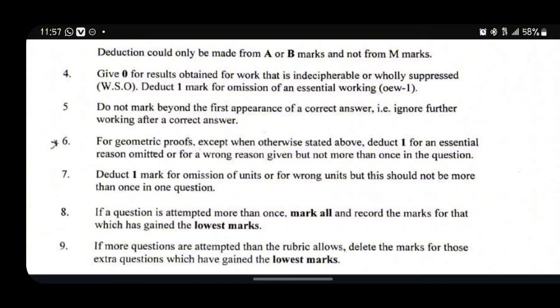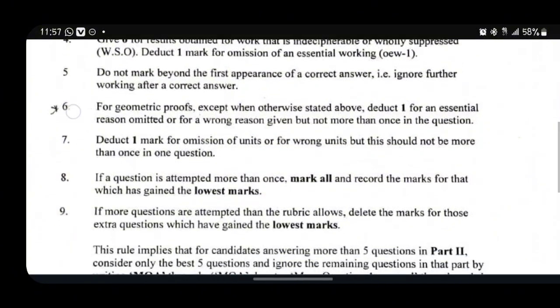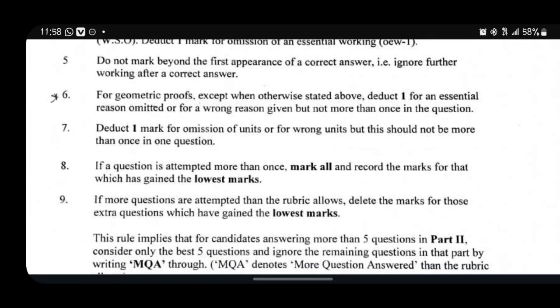Now also, let's look at number 6. The number 5 concerns the examiner more. So number 6, for geometric proofs, except when otherwise stated above, deduct 1 for an essential reason omitted. You remember that in geometric proofs, like the plane geometry and circle geometry, after you have solved a particular line,